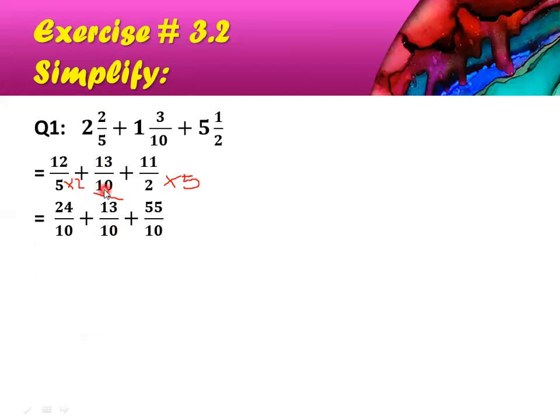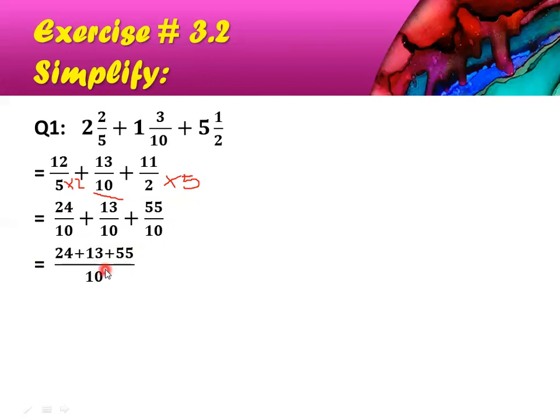It will remain same because the denominator is 10 here. Now 11 multiplied by 5 will be 55 and 2 multiplied by 5 will be 10. Now all the denominators are same. So you will take your common denominator and simply add your numerators. Means you are not going to add the denominator because they are common. So you will write your common denominator here and simply add the numerator.